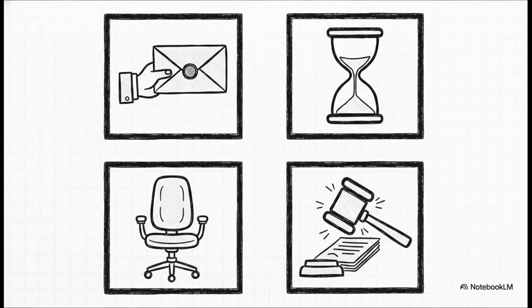Beyond resignation, how else do these offices become vacant? Article 65 and 68 say it happens if the 5-year term expires or in the tragic event of death. But the big one to watch out for is impeachment. Pro tip, when you're writing your exam and you mention impeachment, explicitly cite Article 101. That exact cross-reference shows the examiner you really know your stuff.